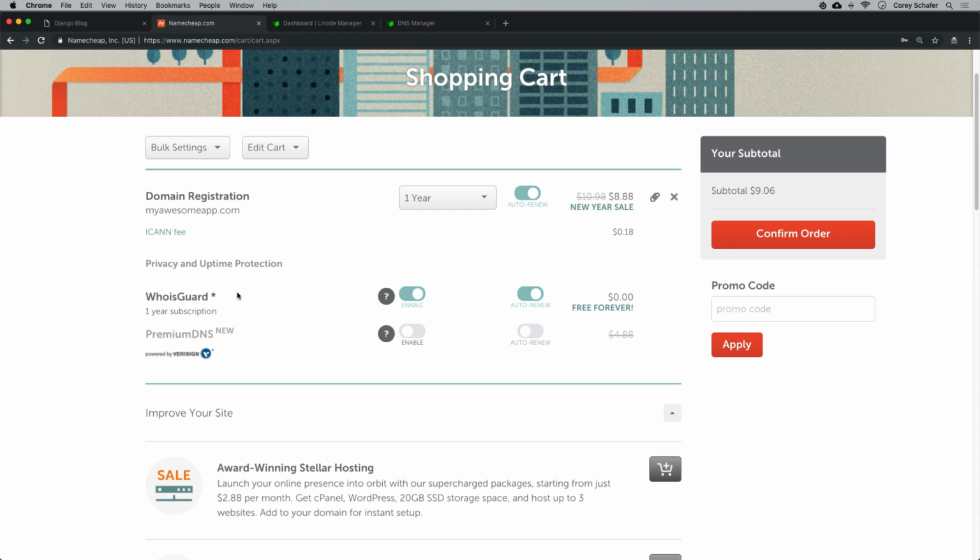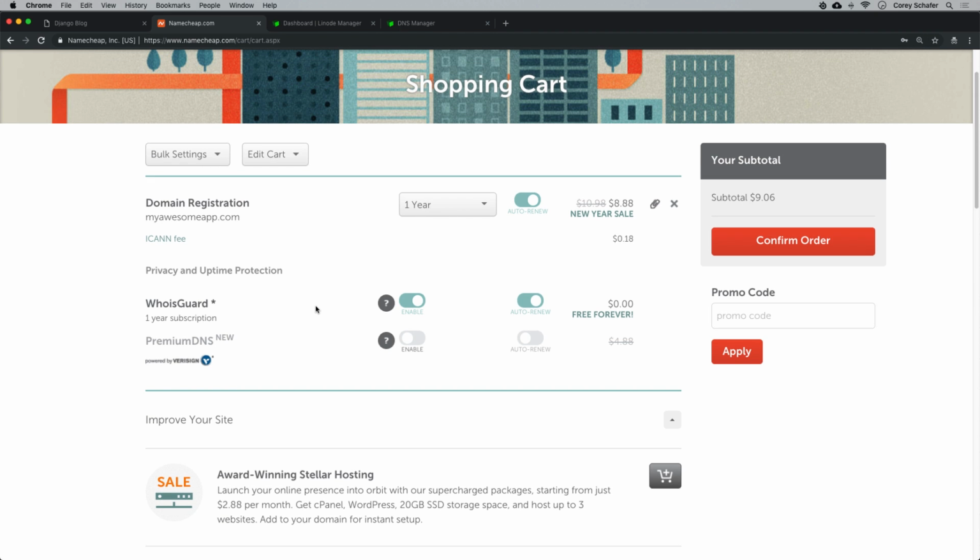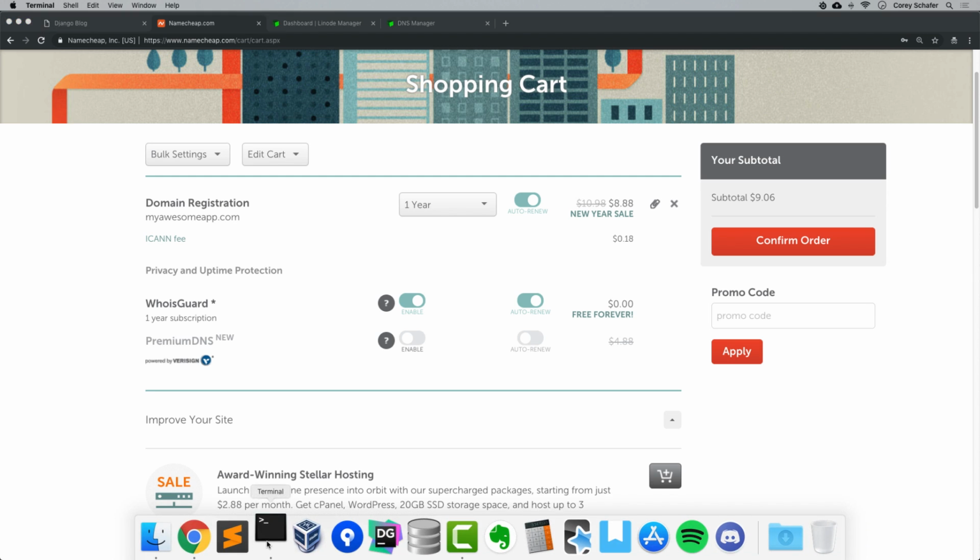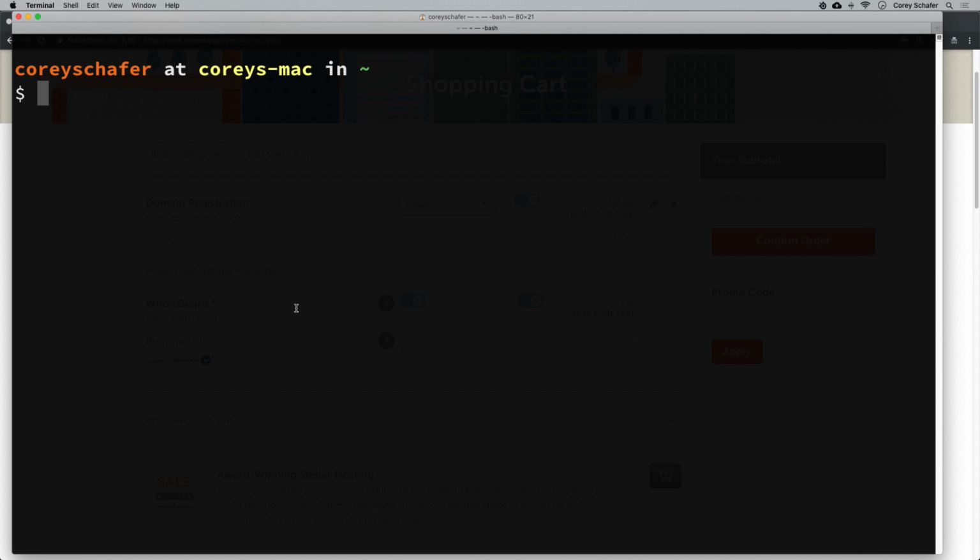Now, if you don't use some type of protection, in this case something called WhoIsGuard, then that information is going to be available to people who look up that information. So for example, I have a WhoIsGuard on my personal website. If I pull up my terminal here, there is a Linux command called whois. And if I say whois and go to coreyms.com, that is my main website,